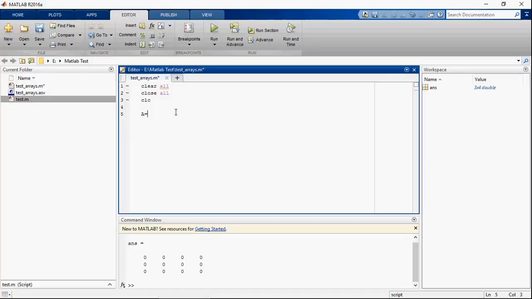Now let me show you some matrix operations. Let us create a matrix A with the following elements. So A is a 3 cross 3 matrix.